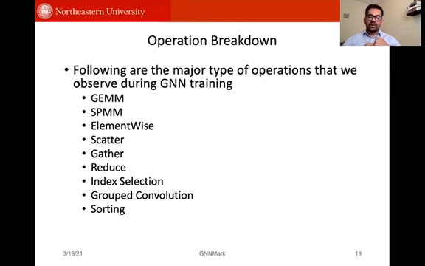So the Deep Graph Library, they seem to rely on SPMM for doing the aggregation step, as it's more memory efficient. The other way to do aggregation is through the PyTorch Geometric method, which is scatter and gather, and that seems to occupy more memory during training, or it can result in a memory explosion. So SPMM is an alternative which is much more memory efficient. However, there are certain conditions that must apply to be able to use SPMM. And then, of course, element-wise operations are also quite dominant in GNN training. And then there are other operations such as reduce, index selection, sorting, etc.